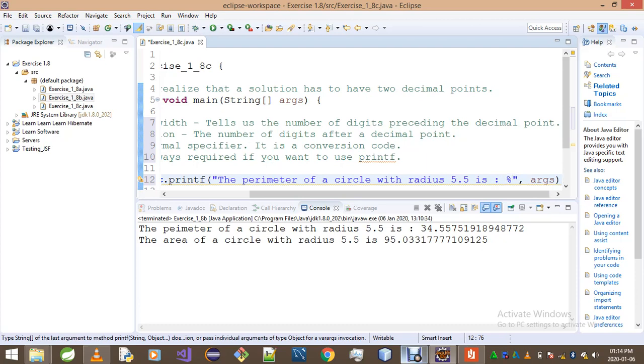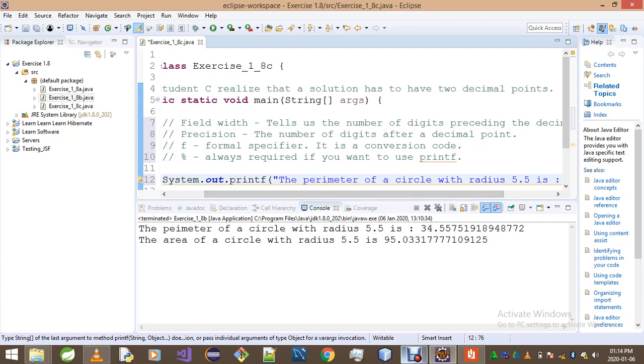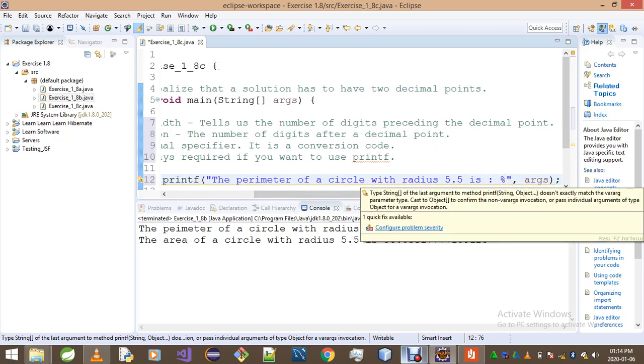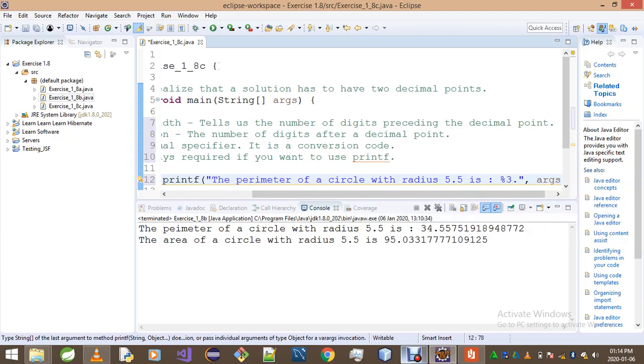This percentage isn't going to be printed on the screen; as I've mentioned here, it's actually a format specifier. It's not part of what is displayed on the screen. So it's going to be %3.2